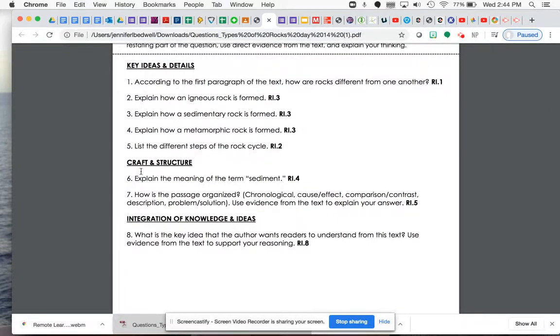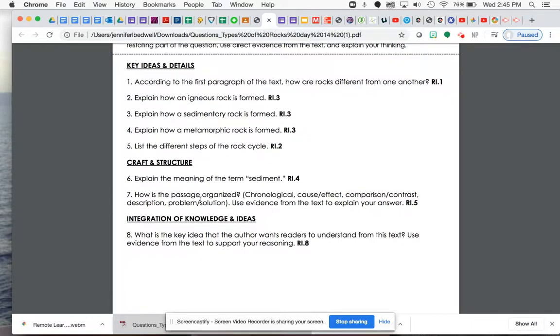All right, numbers 6 and 7 are all about the craft and structure of this text. And really, what we're saying here is definitions of key terms. And just like we did in Wednesday's lesson for our text in language arts, you need to identify the type of structure that this text is in. So, number 6, explain the meaning of the term sediment, which you see in this word, sedimentary. And for number 7,